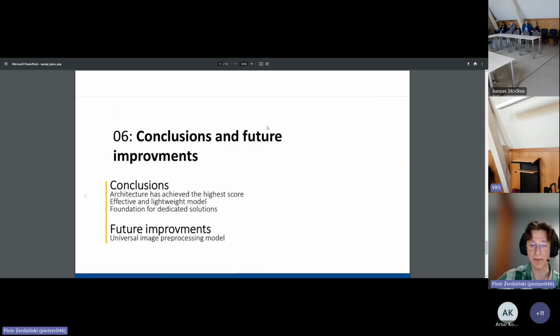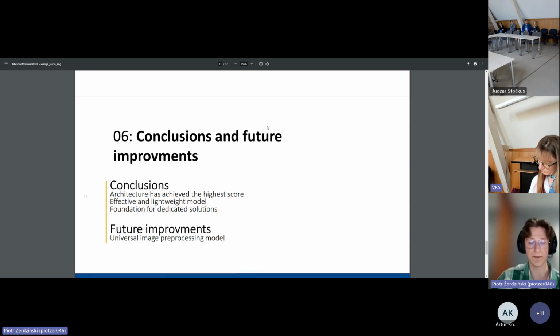So the presented paper introduced the attention-based CNN model with skip connections and dedicated preprocessing. The architecture tested on the Croatian fish dataset achieved the highest accuracy among published works to date. An important advantage of this paper is the fact that the proposed model is lightweight compared to the large pre-trained CNN models. In future research, it would be worthwhile to focus on further developing universal image preprocessing that could address the main issues associated with this type of images.